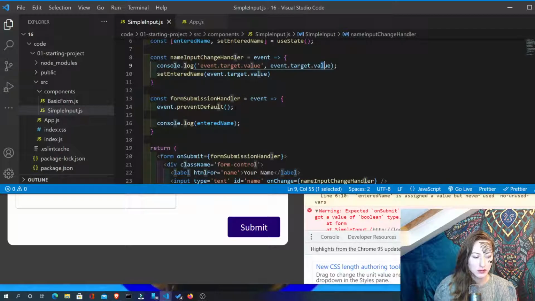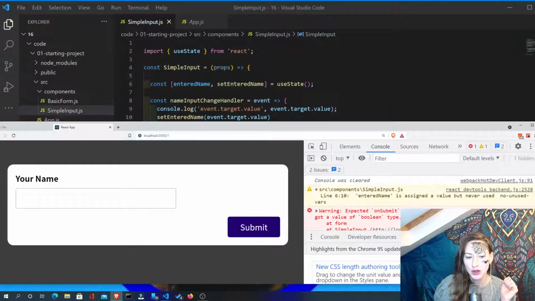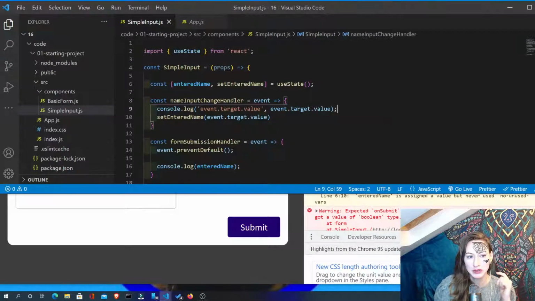Okay, so use state. So warning, on submit listener got a value of boolean type at form, expected on submit. So this obviously has to only be this function that we're talking about, and it can only be this on submit here because we've just done this,